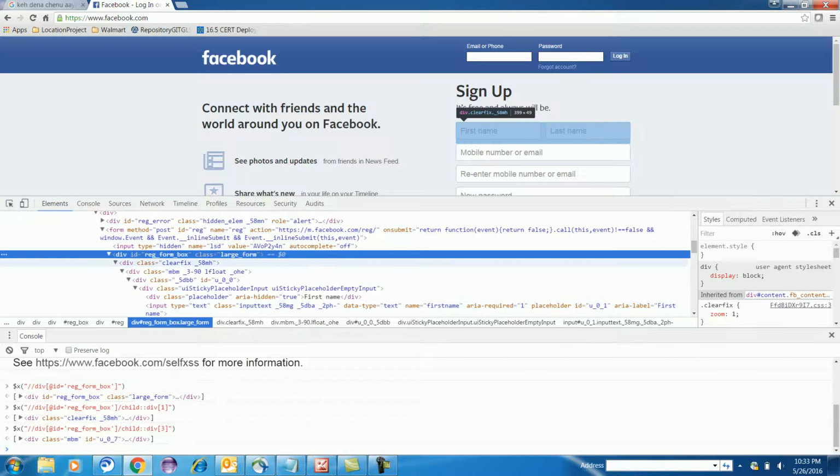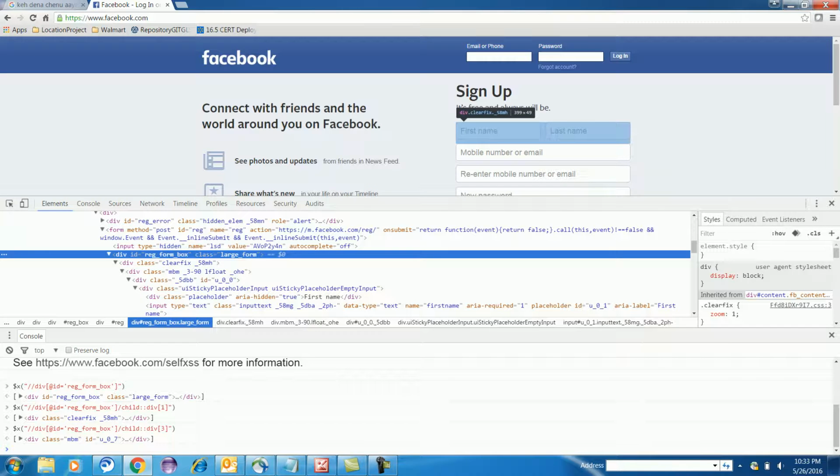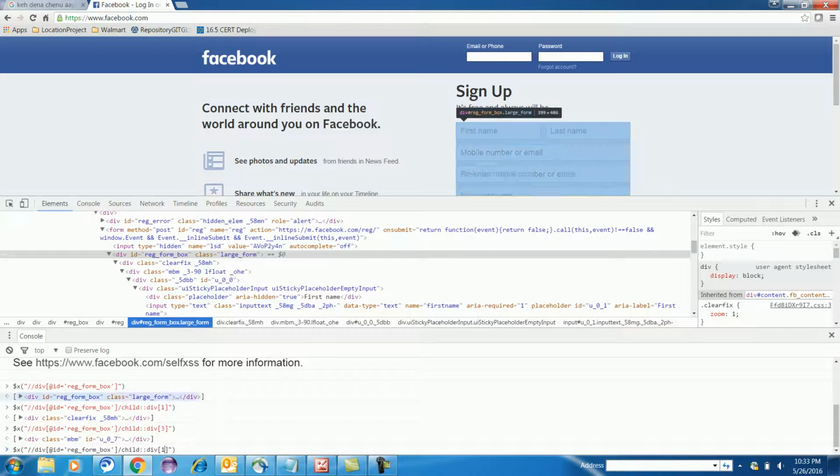If you close this div, this is nothing but first div. So inside the first div you have your first name, so you cannot go to div 3, because you have first name inside first div. So right here div 1, like what we had here, first name.